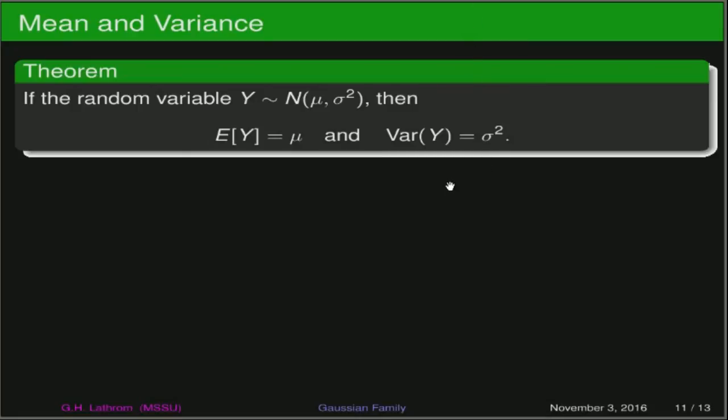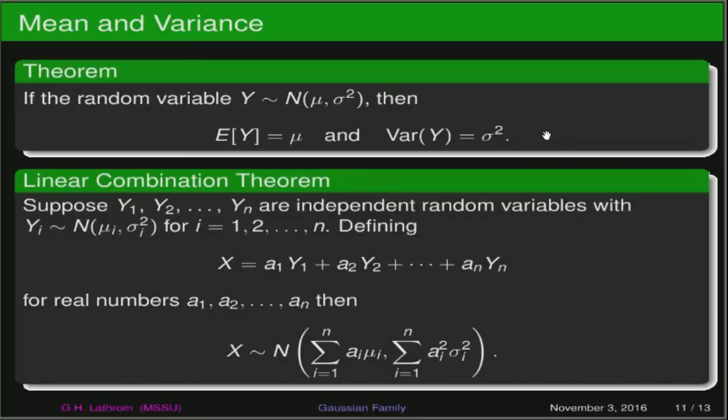So then, based on what we've just done with the moment generating functions, we've pretty much proven this theorem that the expected value, the mean of a normally distributed random variable, is just going to be mu, and the variance is going to be sigma squared. So again, that really just falls right out of the moment generating function. Now, let's look at some theorems that are going to be really useful whenever it comes to applying the family of Gaussian distributions.